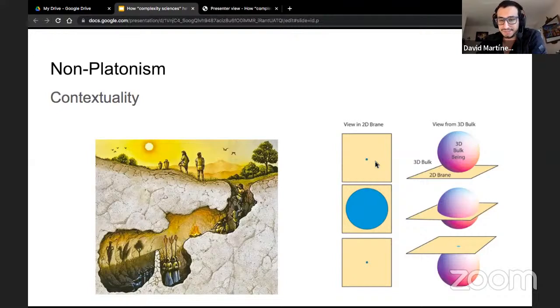Well, it's 2, but that depends on the number base we are using. If we change the base, that result will change. So for the complex systems view, context is really important. And as there are potentially infinite contexts for the phenomenon that we're looking at, there can be potentially infinite truths.